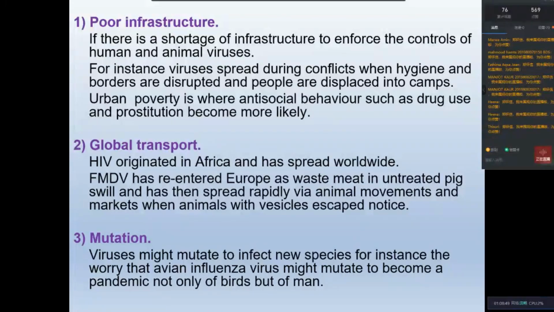But for this mRNA vaccine, it's revolutionary because even if the mutant is out of its target, they can adjust and make a new vaccine within a short time. In several days, they can produce a new vaccine against a new mutant. So that's good. And also, we should take care of the reservoir host and insect host. We should pay attention to those reservoirs because they can spread the virus out.